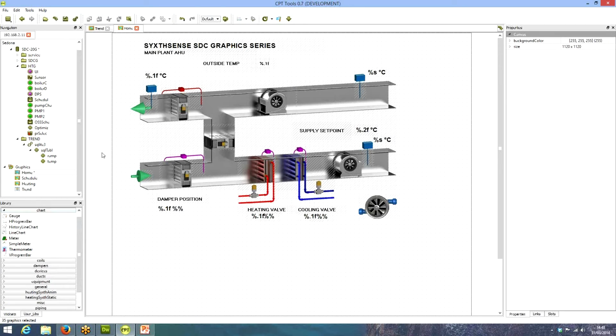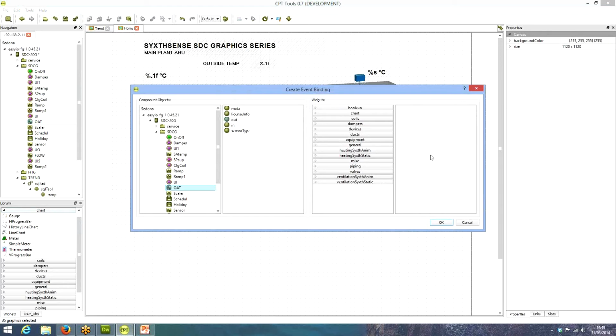So if we want to, for example, have a simple thermometer like you see on a chart linked to the graphics, so let's say we want the outside air temperature to be shown on a thermometer. What we do is, on the left hand side you can see all our programming objects. In this case, for example, I opened the area where we had an outside air temperature object programmed. If I drag and drop that object to the graphics page, the web graphics page, it pops